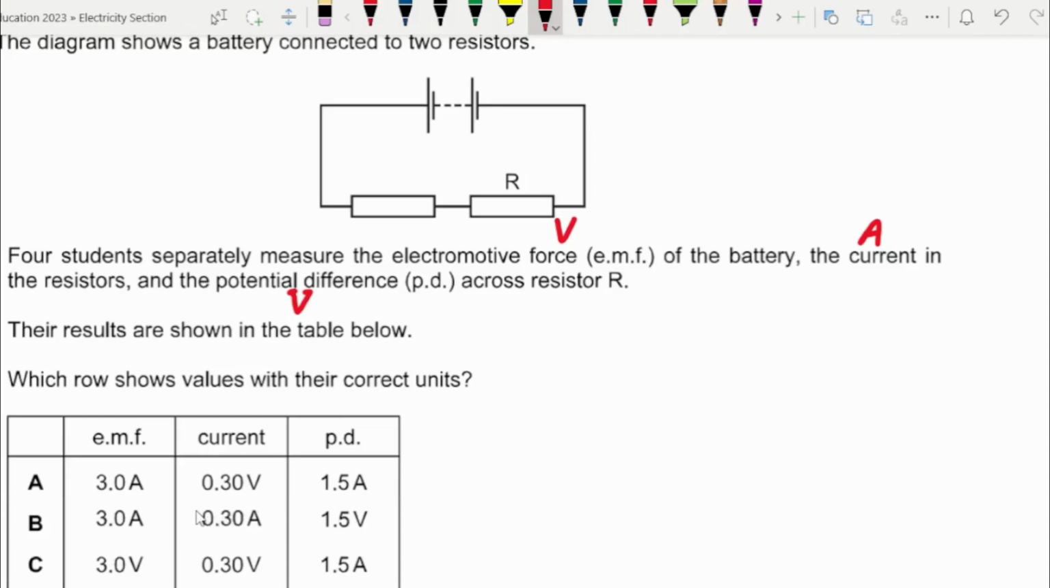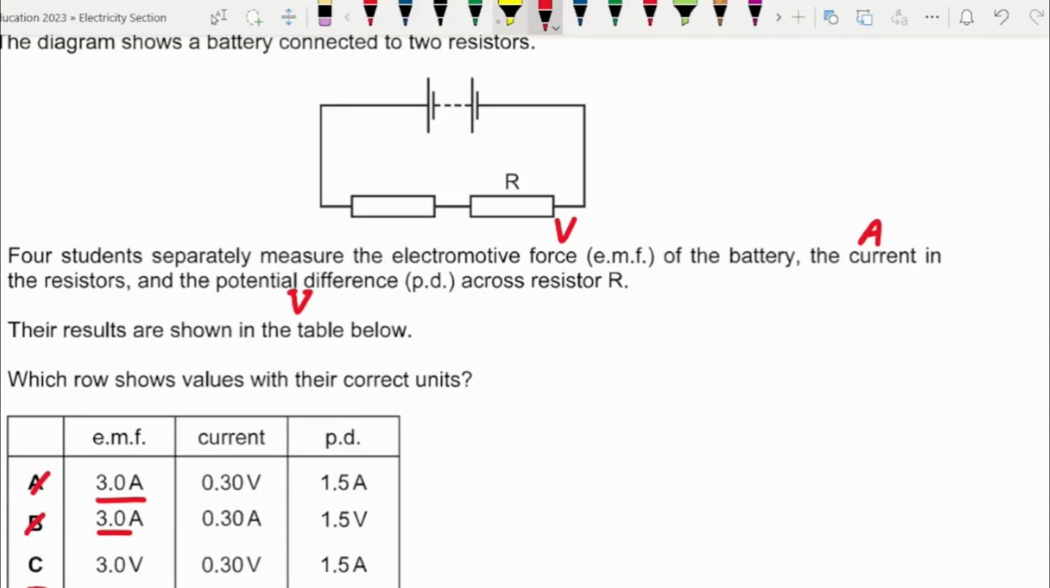So let's take a look at the option A and B. They are saying they are measuring the EMF in amperes, which is incorrect. EMF has to be in volts. So option A, B, out the window, not in consideration. How about the option D? EMF is being recorded in volts, current is being measured in amperes, potential difference is being measured in volts, and